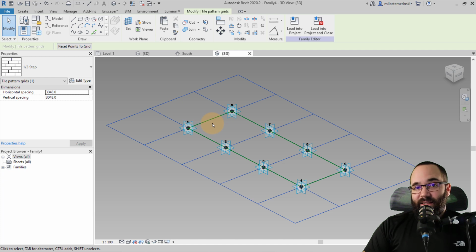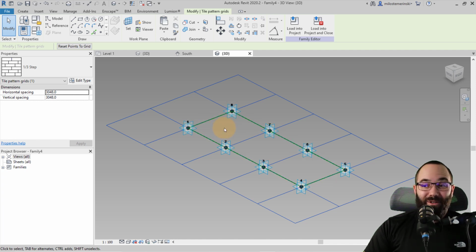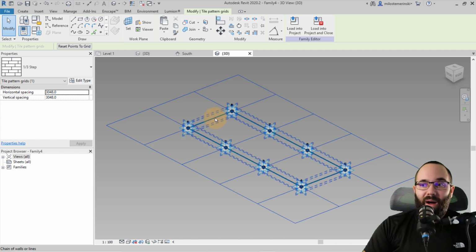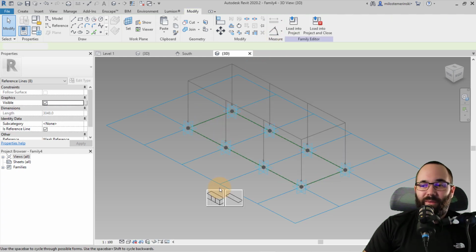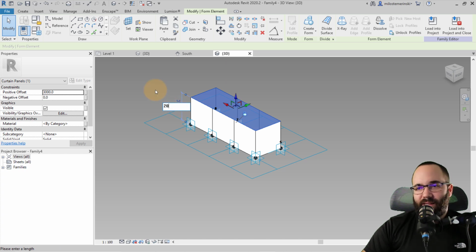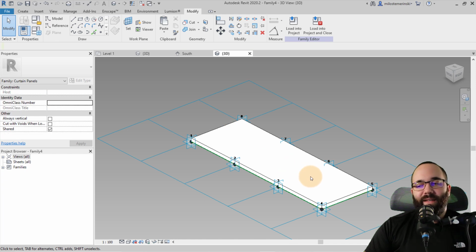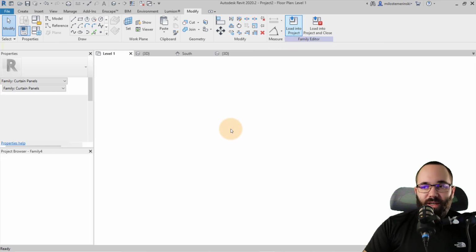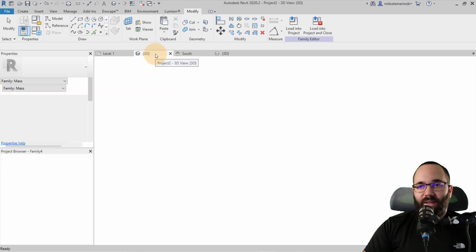Now this presents us with a problem. As I said, this is going to be a bit more complicated as a bonus, so I'm just going to be showing you something a bit more complicated. So if I select this and say, okay, I just want to create a simple form just like that, and perhaps make it smaller, let's say 200 millimeters, and let's say I'm happy with this shape. If I just load that into the project, so let me load that in,